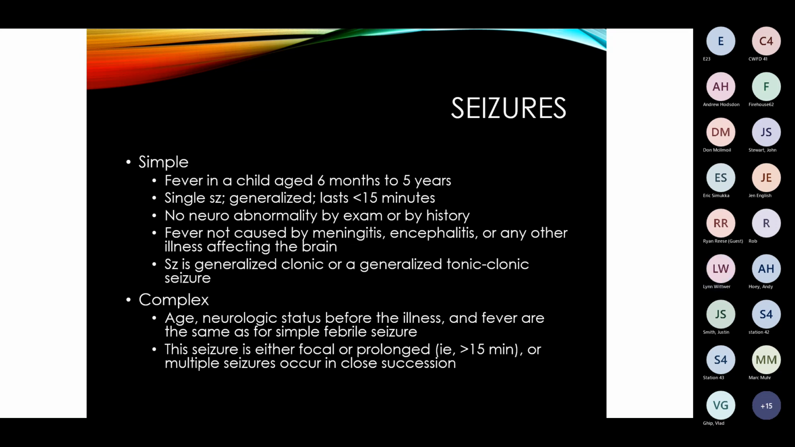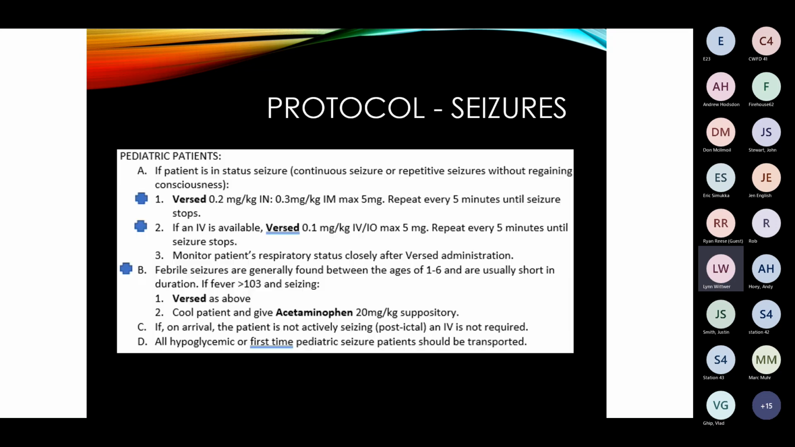Now, a complex seizure could be focal or prolonged. If it's prolonged more than 15 minutes, or if they're actively seizing when you get there, or if they have multiple seizures in close succession, that's a complex seizure, and we would essentially call that status. My rule of thumb is that nobody seizes beyond 10 or 15 minutes. So if your patient is in status seizure, continuous seizure, or repetitive seizure without gaining consciousness,